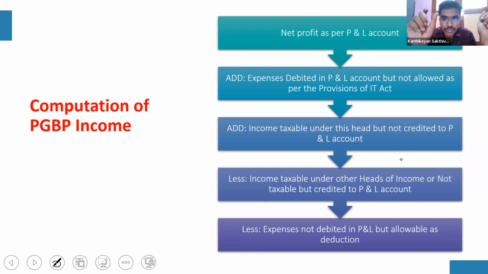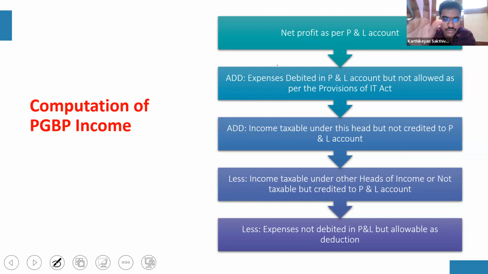So that net profit of the business is what I'm going to use to compute my tax liability. Generally, till 12th, what did we do? We'll take the P&L, the profit, and if the tax rate is 30%, what do we do? We take profit into 30% and be done. That was what we would have done till 12th standard, right?